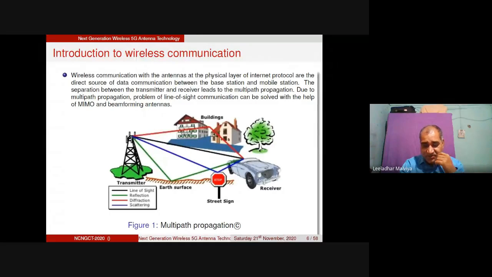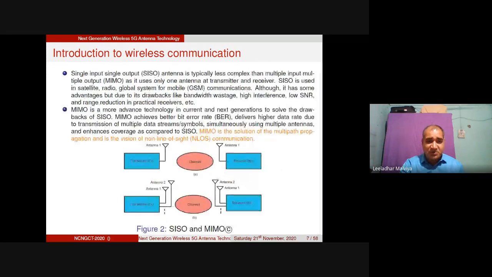So the question is which types of technologies can help us, right? Line of sight communication will have single antennas, right? But we cannot always think about line of sight communication, because there may be so many obstacles between the transmitter and the receiver, and that's why multiple antennas are required. So what's happening here is that SISO, meaning single input, single output, uses a single antenna, right? Because of the single antenna, line of sight communication can easily take place, right? But in non-line of sight communication, or in the case of multipath propagation, the system will fail.